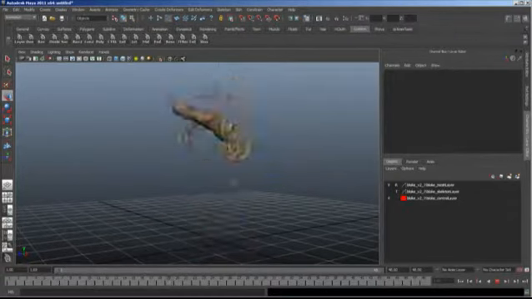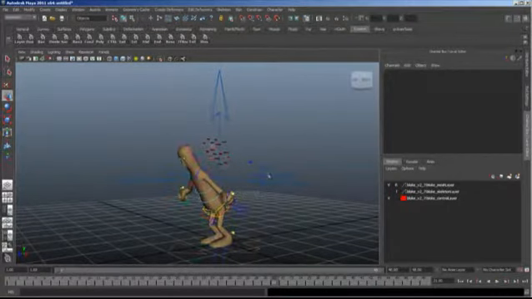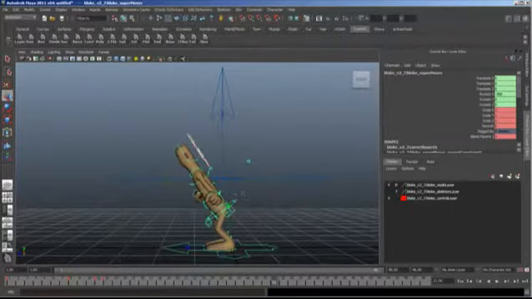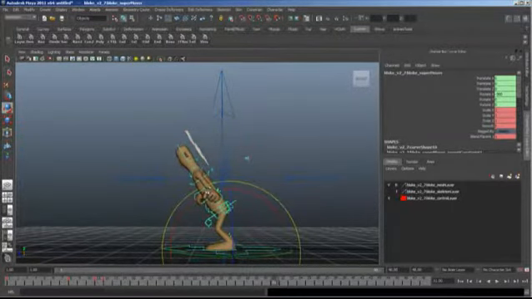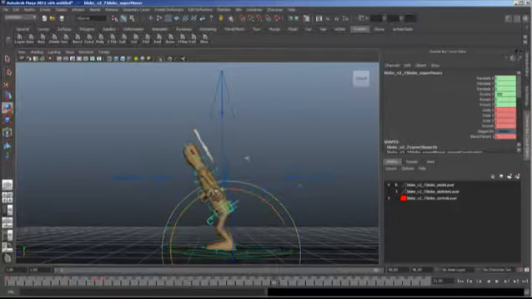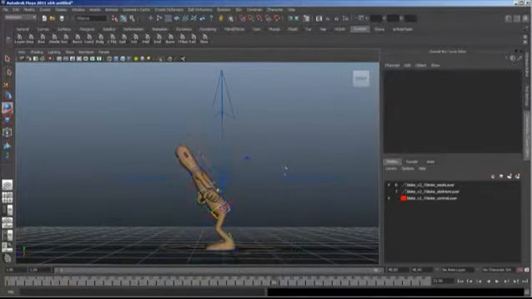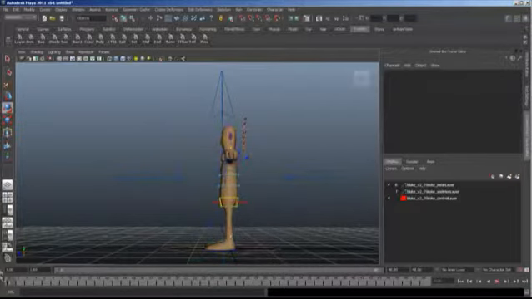Okay, cool. So now we know we have a pivot point that works. We don't have to use this crazy thing. Like, how hard is it to get him to rotate around the center of his body by using this? You have to translate it and rotate it. Now, most